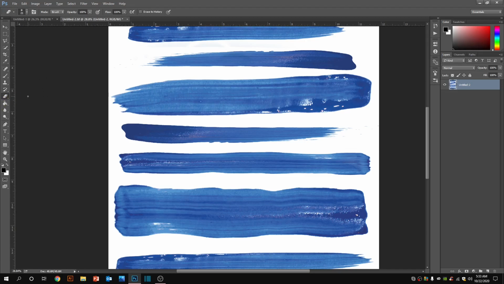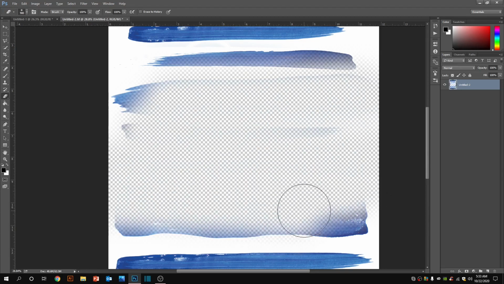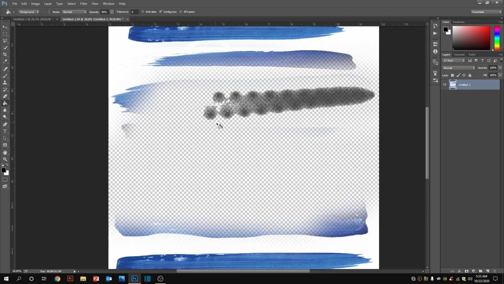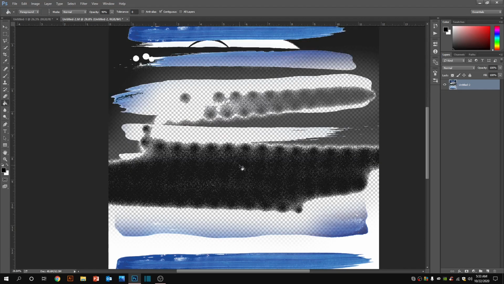Again, the next tool is the eraser. If we press E, the eraser tool will come. Yes, this is how the eraser tool works. You can simply see E and eraser. Paint bucket, normally we use paint bucket simply, right? This is how paint bucket works. As it is a pixelated image, it's just taking the pixels here. 90 opacity, we can increase or reduce.